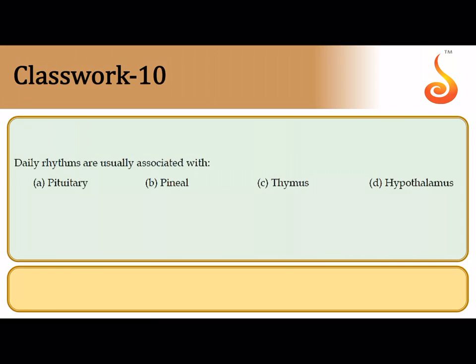Daily rhythm. Daily rhythm is a 24-hour diurnal rhythm. As you all know, it is the function of the pineal gland. We had discussed that the pineal gland releases a group of peptide hormones. It releases a hormone called melatonin. The melatonin released by the pineal gland takes care of our metabolism. It takes care of our pigmentation. In females, it takes care of the menstrual cycle, daily rhythm, that is the diurnal rhythm, isn't it? And also our immune function.